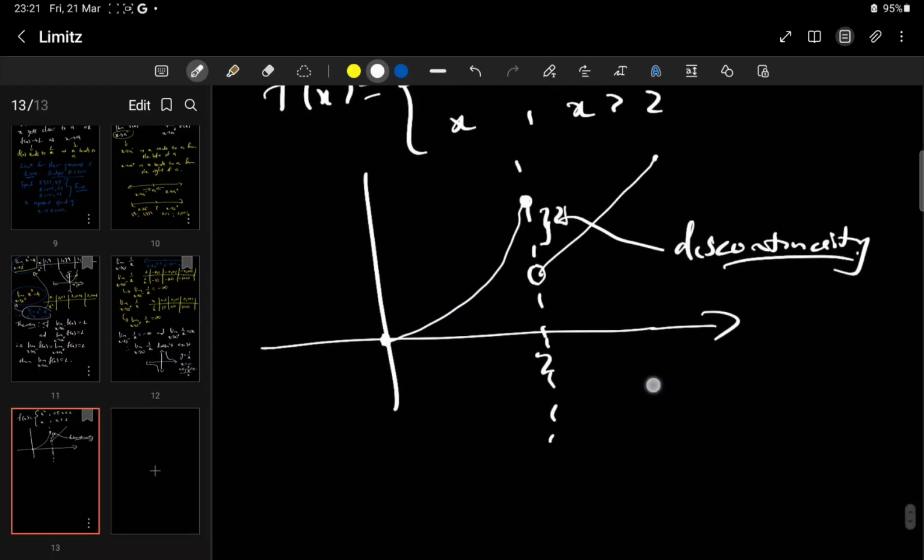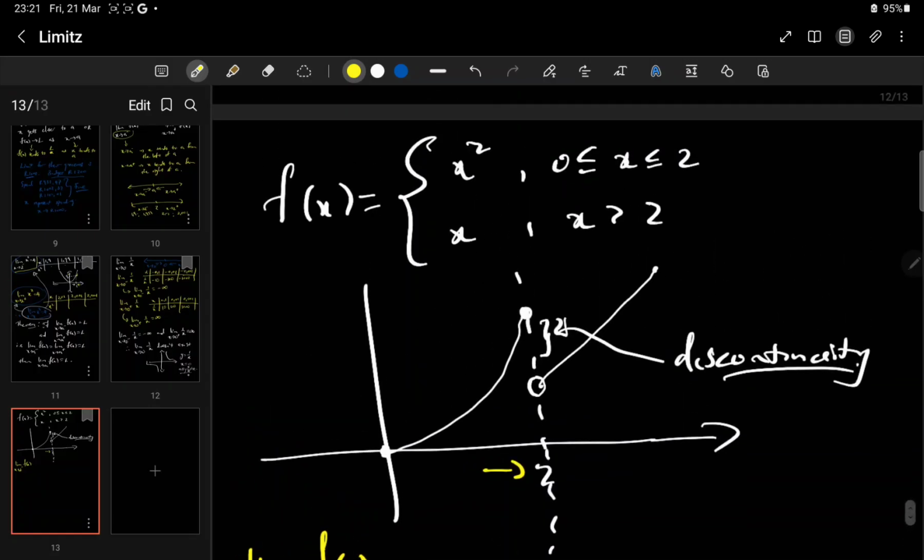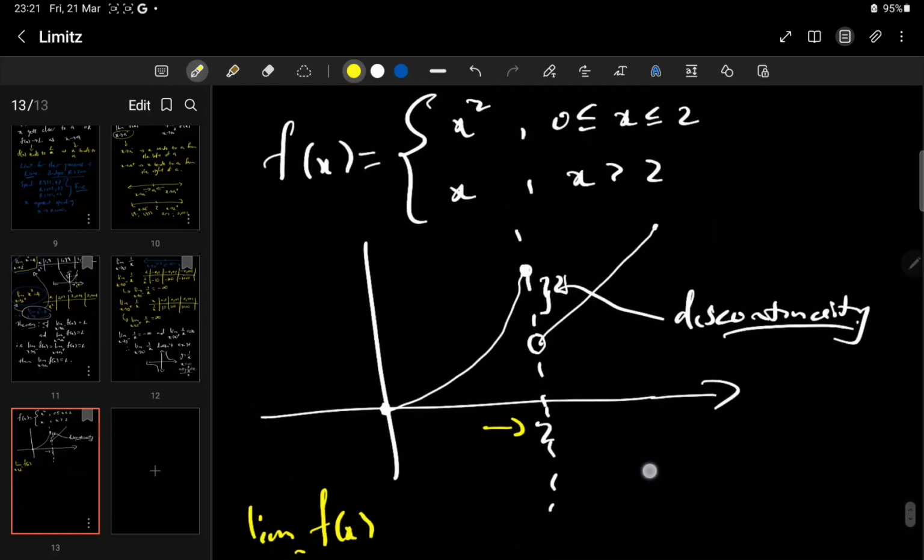The left limit and the right limit won't be equal. For example, if we take the limit as x tends to 2 from the left of f of x, then we are actually analyzing it using the graph x squared,